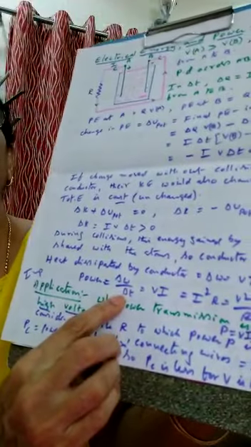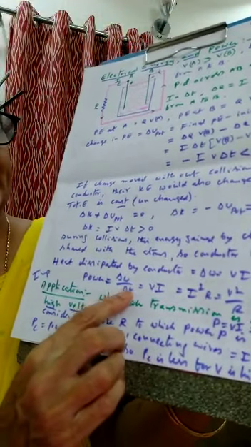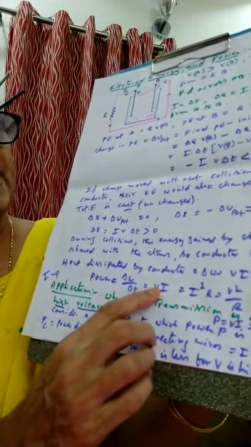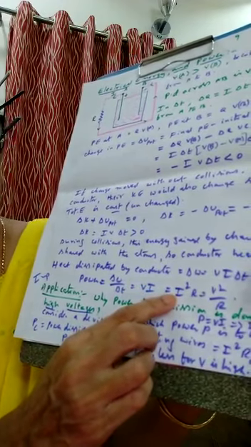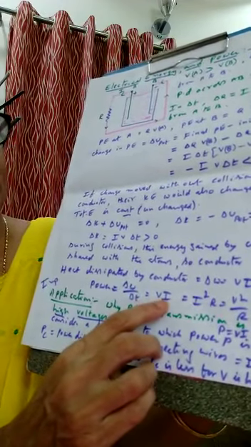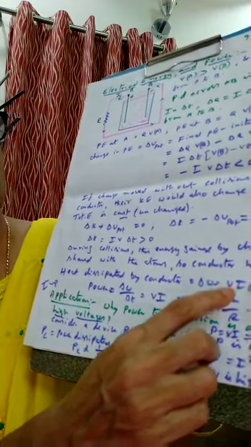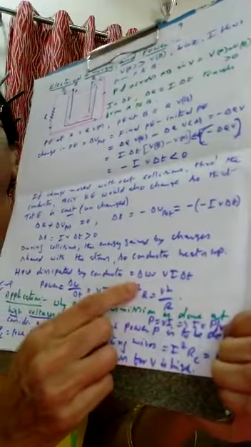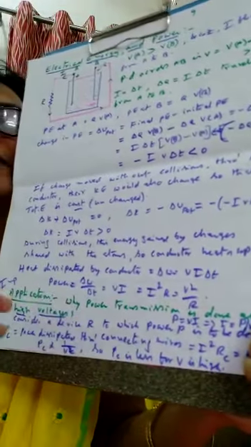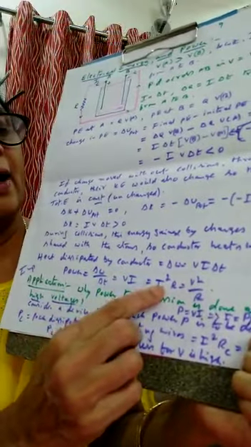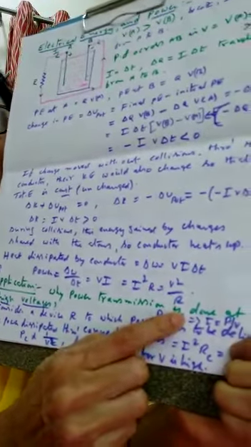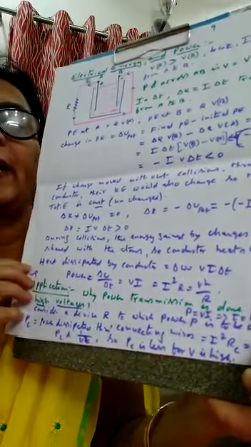So the power is given by the rate of change of work, that is energy, kinetic energy, which is equal to VI. What is V/I? R, according to Ohm's law. So power is equal to VI, which is equal to I square R, which is equal to V square by R. So there are three equations for power. How many? Three. What are they? One is V into I, which we have derived just now, one is I square R, and another is V square by R.